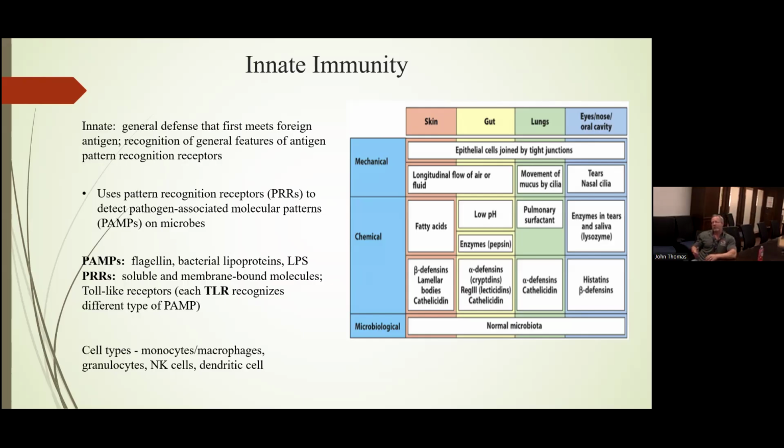So we start to look at what are some chemical advantages that the innate immune system has in order to prevent infection. Well, we've got the production and presence of defensins and fatty acids within the skin that help in a very non-specific way prevent pathogens from establishing infection. Within the gut, we not only have an enzymatic cocktail of enzymes designed to help break down proteins, such as pepsin, but we also have a very low pH environment. I already mentioned the enzymes in tears and the surfactant in the lungs. So we have a layer of chemical defenses that work with the mechanical defenses to help prevent the establishment of